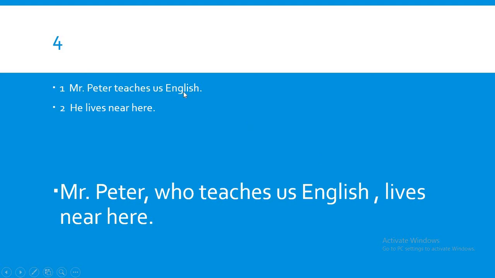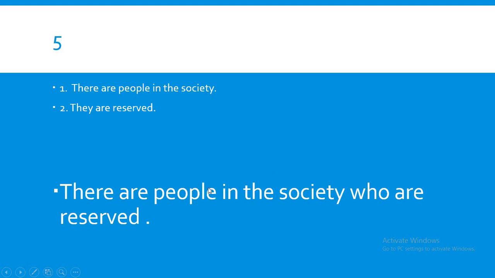Mr. Peter teaches us English. Mr. Peter, he lives near here. So: Mr. Peter, who teaches us English, lives near here. Or we can say Mr. Peter, who lives near here, teaches us English. That's also correct. And for the fifth sentence,